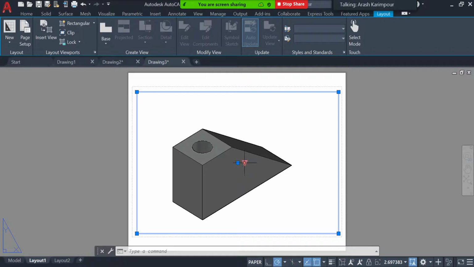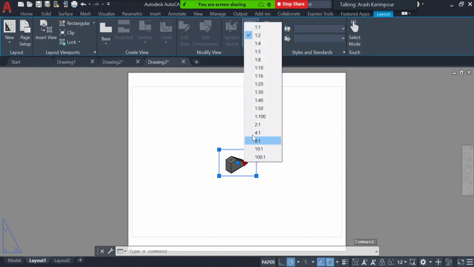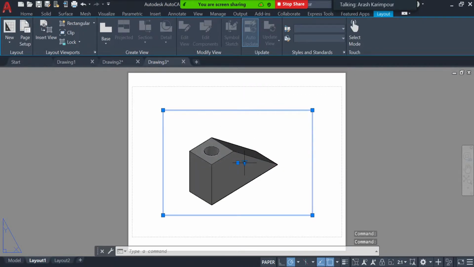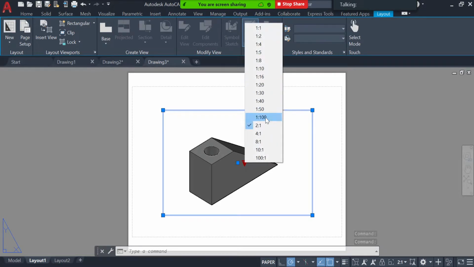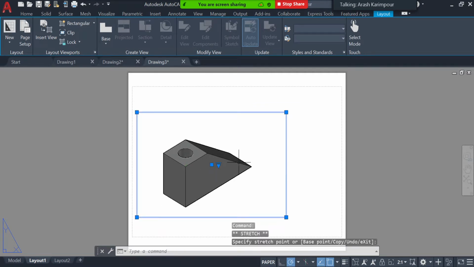One last thing that I want to say is these two here. This one, if you click on this triangle, it lets you change the scale of how it's going to be shown. So you can actually come here and change it. For example, I'm just going to do that in 1/2, so it's going to make it just smaller. If I'm going to make it 2/1, it's going to make it larger. So in case you want to change the scale, you can come here and change the scale. The other one, if you just single click on that, you can simply move it to any place that you want. So these two are also handy in case you want to make any changes